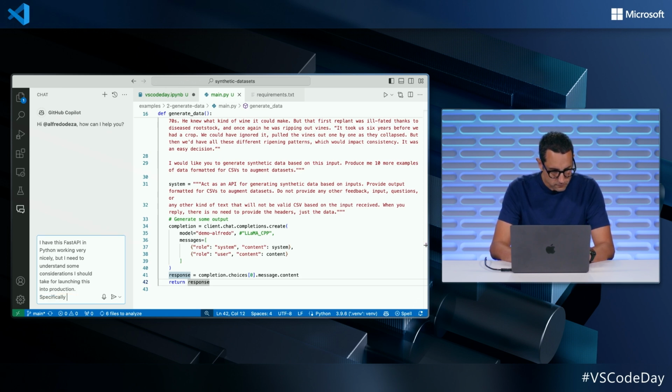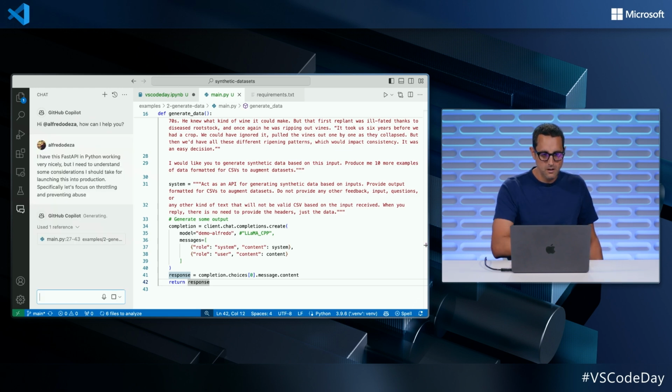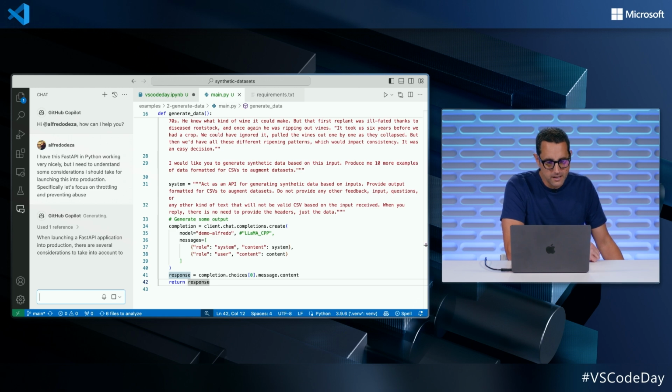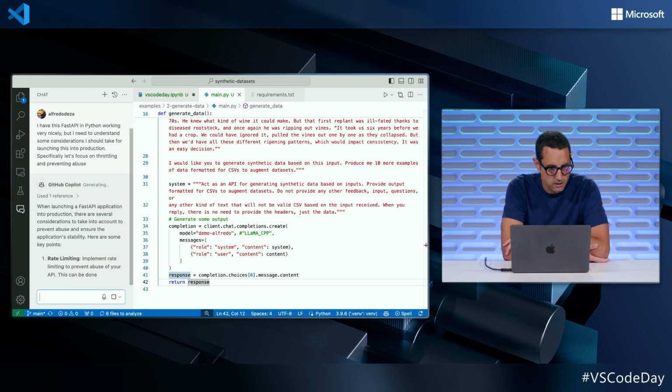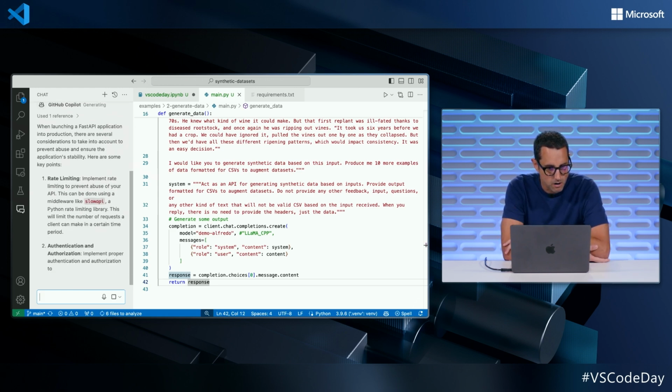Specifically, let's focus on throttling and preventing abuse. I cannot type for the life of me. So Copilot is very good at this, and it will actually start providing me some of the things that I can do: